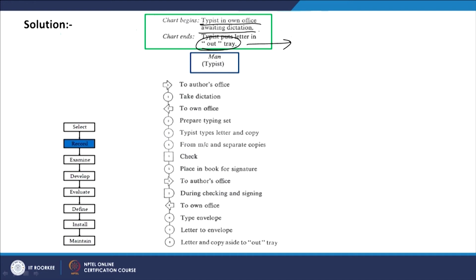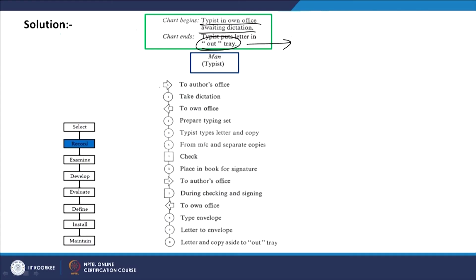So we have to start the flow process chart by assuming that the typist is in his or her own office. So first thing is, the typist will move from his office or her office to the boss's office or to the author's office.